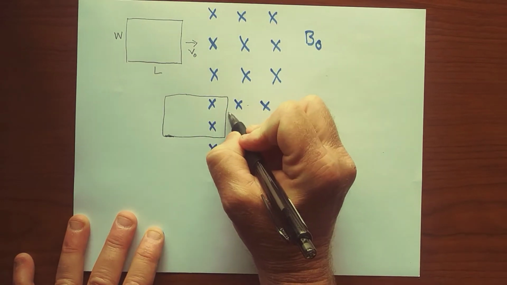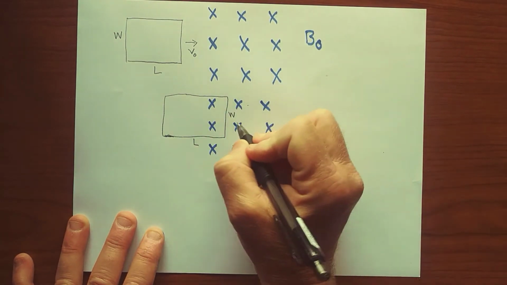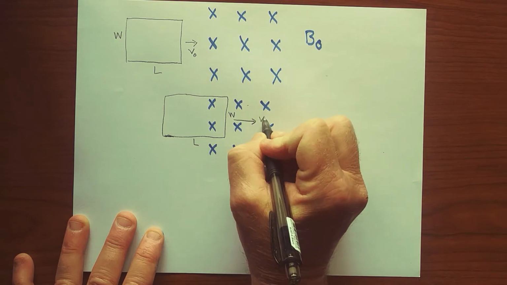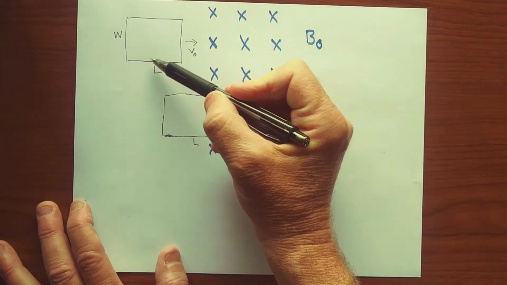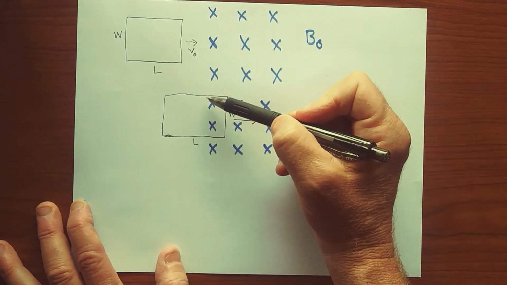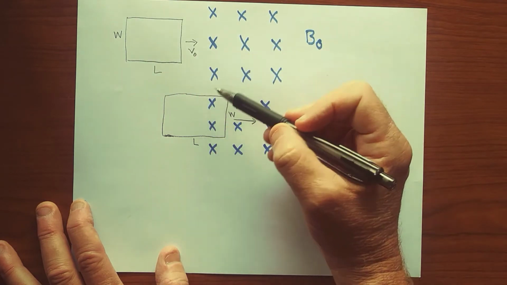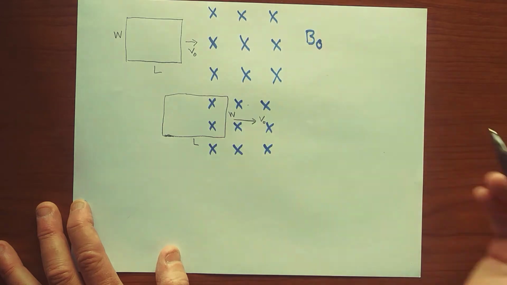So this side is W and this is L, and we're moving in here at speed V naught. Clearly the magnetic flux here is 0,